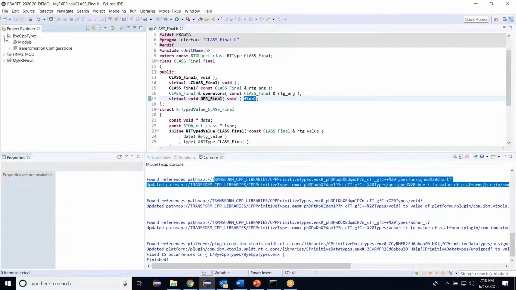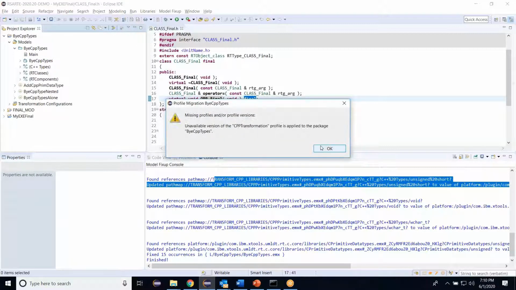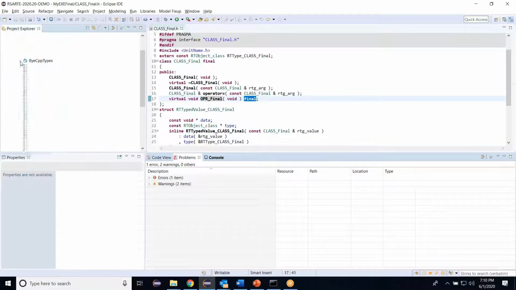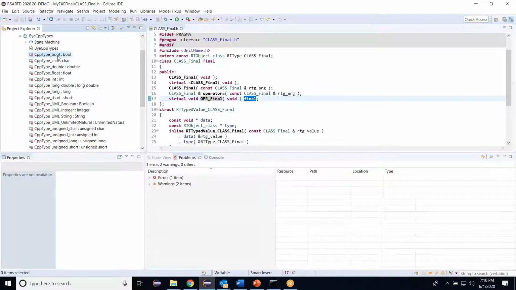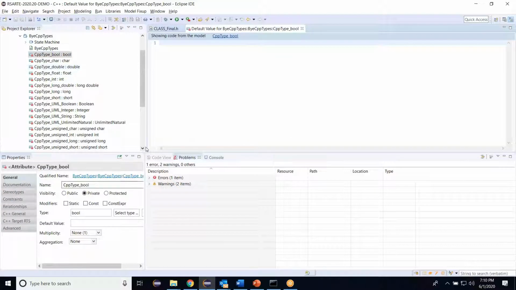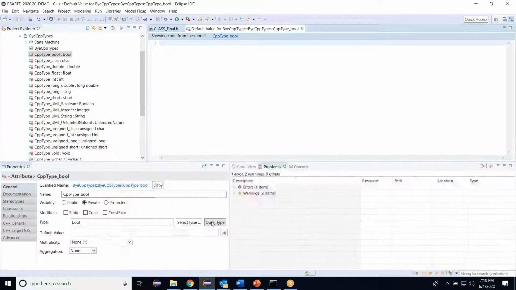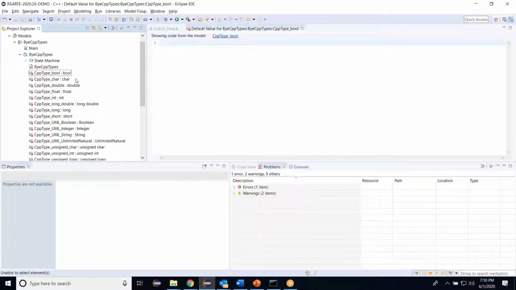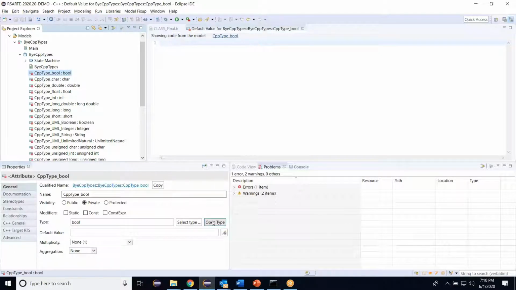So for all these data types in the attributes, if I go to this by CPP type, go inside this capsule, open one of the attributes and go to the open type, it will simply point to the CPP primitive data type.